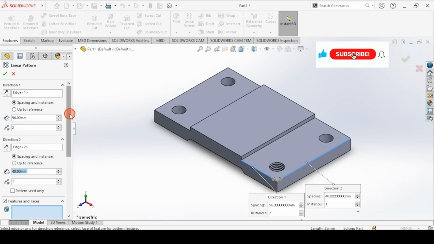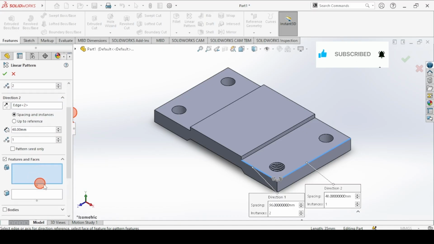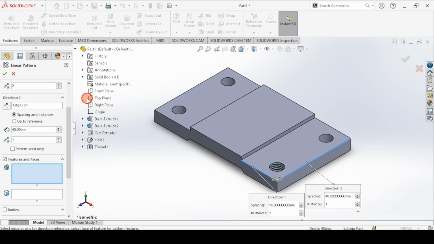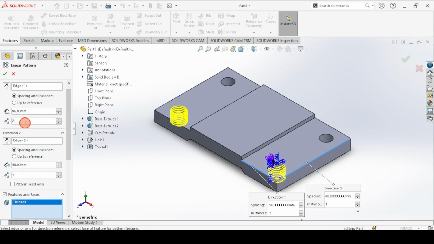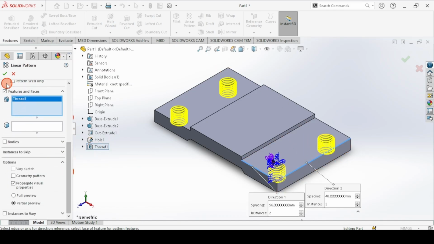The features to pattern, just click on this thread, or better still, drop this arrow down and then click on the thread. So make sure you keep the counts up to 2 for each of the directions, and this is what we have. So okay,